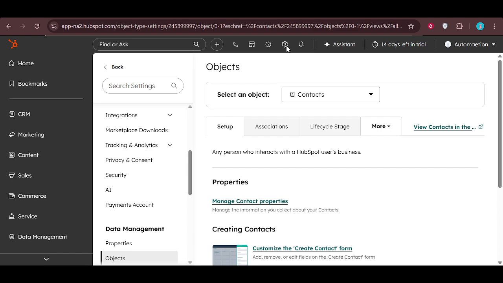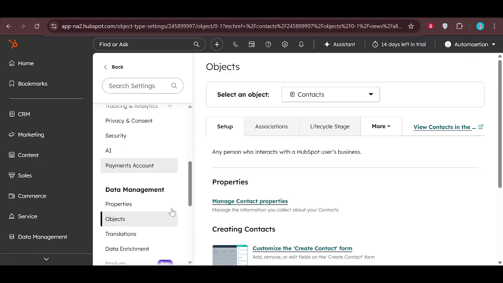Once you're in settings, focus on the menu on the left-hand side of the screen. This vertical sidebar is where HubSpot organizes all its different tools and configuration options. You may need to scroll a bit, but you're looking for the section labeled Objects. When you find it, click on Objects to expand it and then select Properties. This is the central place where you manage all the fields or properties that store information about your contacts, companies,